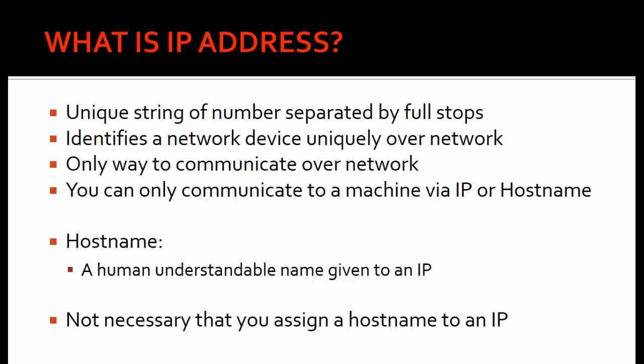We all know that a simple IP address is some numbers separated with full stops, and it is assigned to a device in the network. Any device in the world that communicates over a network, nothing but the internet, will definitely have an IP address. So the IP address basically identifies a network device uniquely over any network. When we say any network, it can be a public network or a private network. And the challenge with Oracle RAC is you have both the public network and a private network. We'll be talking about public and private in some time.